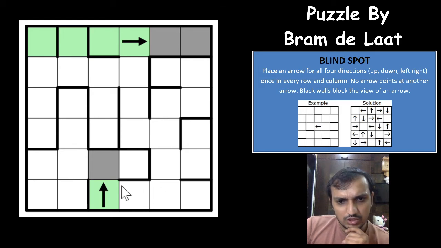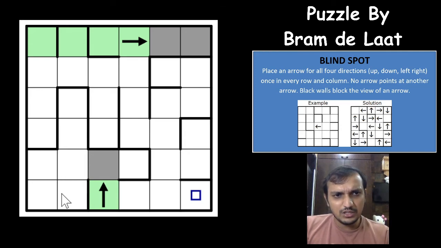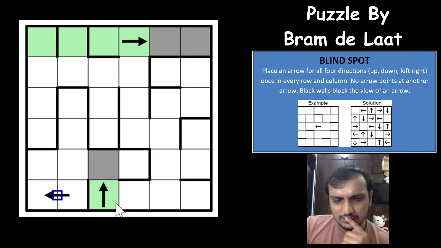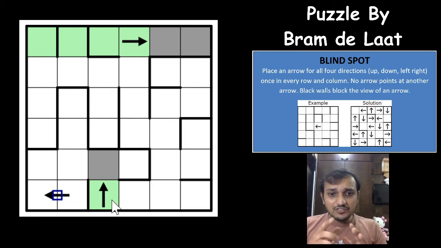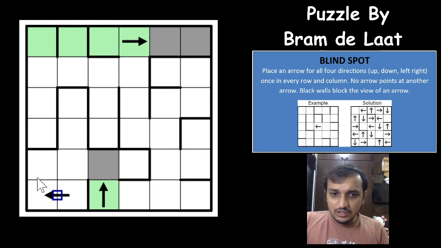Okay, if you see this row here, left arrow cannot be in any of these cells, so left arrow will have to be in one of these two cells. Okay, that's nice. There is an excellent logic here. Whenever you have such a case that one of the arrows is pointing towards the edge of the grid, just first two cells from the edge of the grid, that will surely give you one logic, that the last cell towards the edge cannot have any other arrow except the one here. So this cell will either be a blank cell or the arrow pointing towards the left.